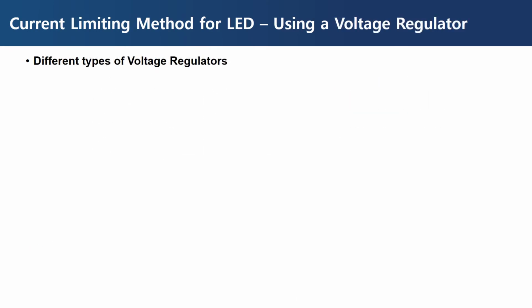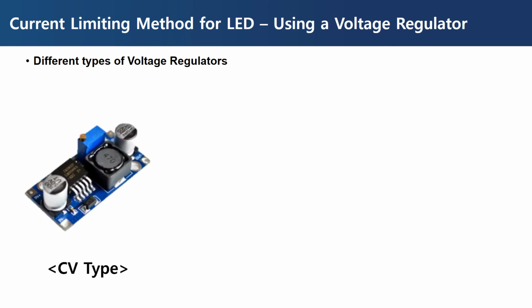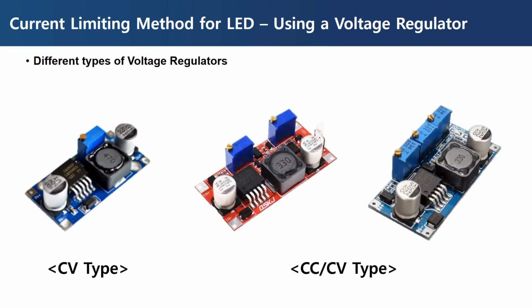Using a resistor is simple and intuitive, but the efficiency is low, due to the power consumed in resistors. And sometimes, it can be difficult to use resistors for high-power LED applications. One solution could be using a voltage regulator, such as these ones shown. The 2 modules on the right support constant current as well as constant voltage, which could greatly facilitate LED circuit designs. The voltage regulators used in these modules are all step-down converters called LM2596.